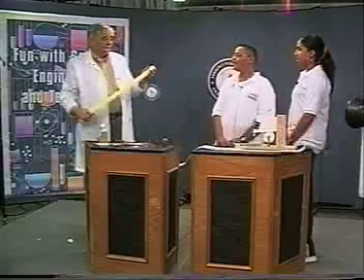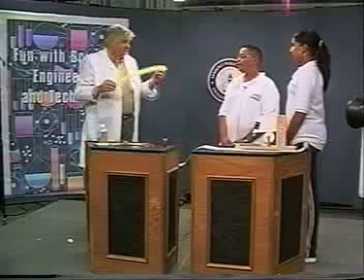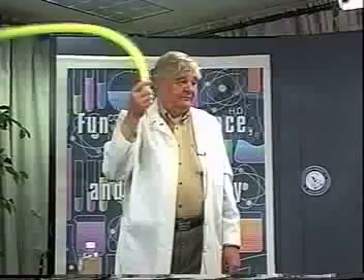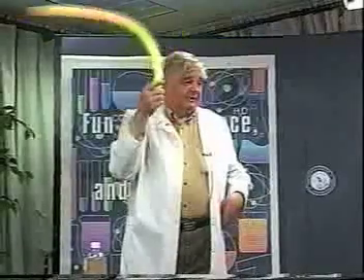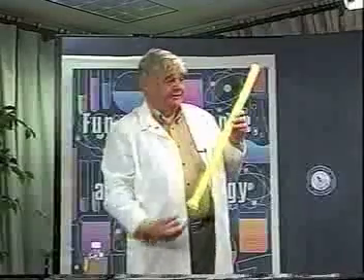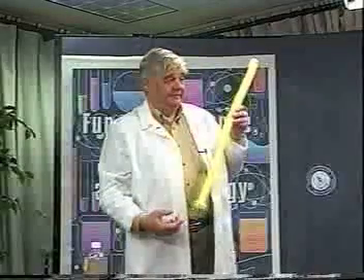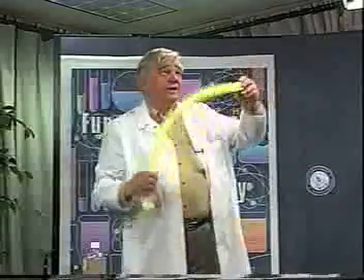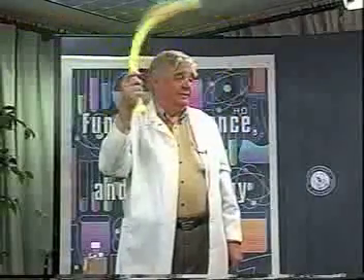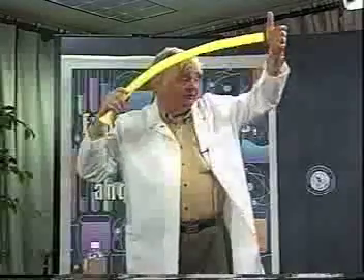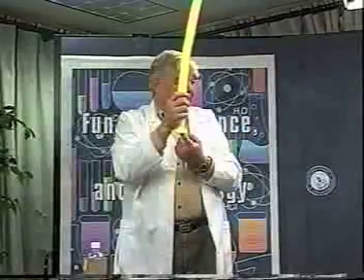So what about this? Why does it make the noise? The air goes through there, the air going up through here. And why does the air go up through here? Because there's higher pressure here than there is up here. This is low pressure. And why is this low pressure up here? Because the air is moving across the end of the tube, and it's not moving down here.